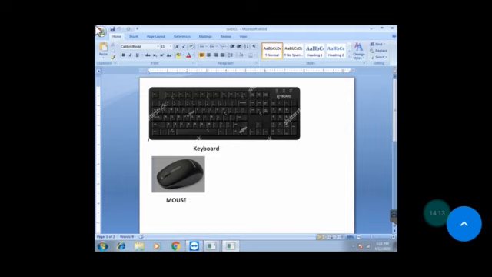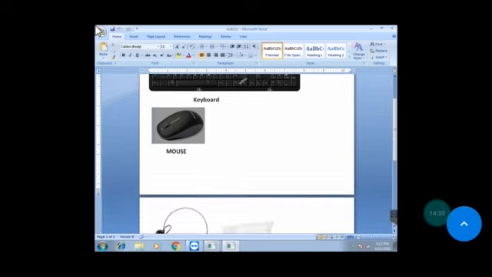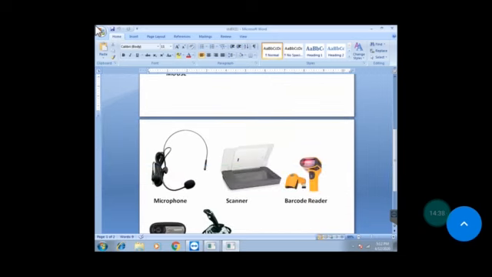It is the most common input device which is used to input data in the form of text. Next one is the mouse. A mouse is a pointing device used with a graphical interface to click on the icons on the screen or monitor.